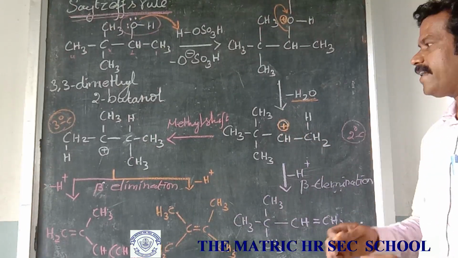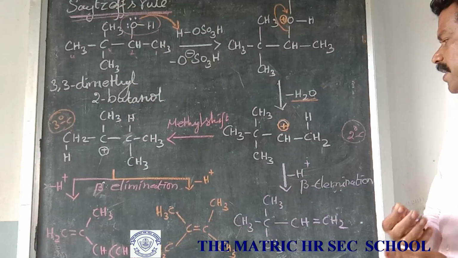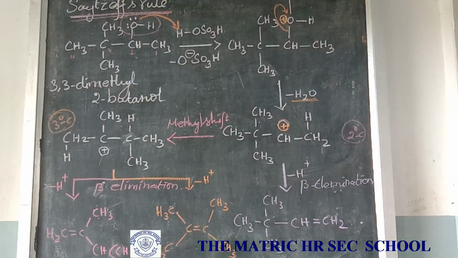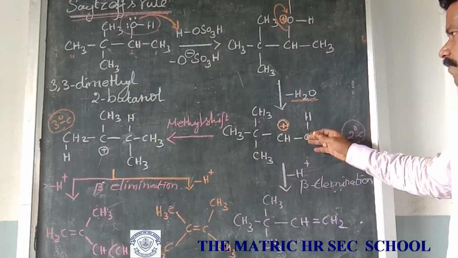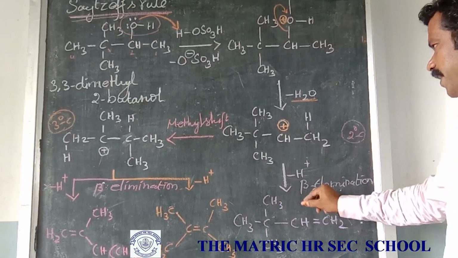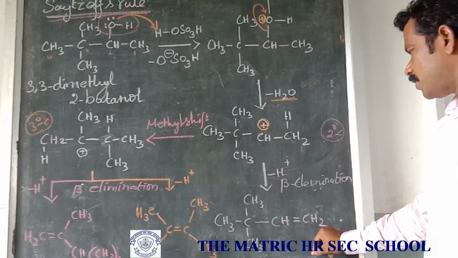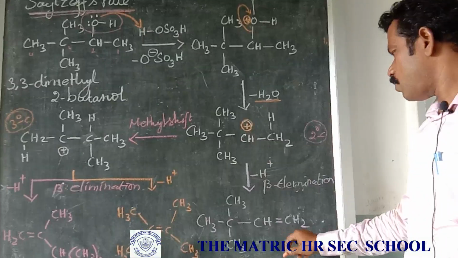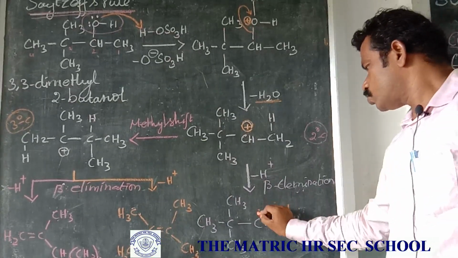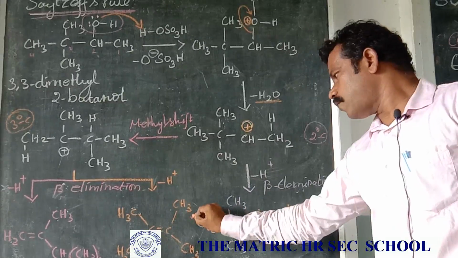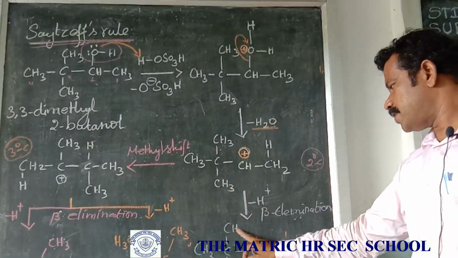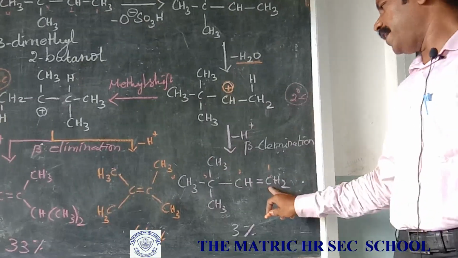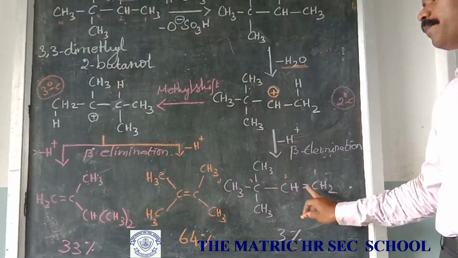Okay, you will get different types of olefins and different stages of stability of the compounds. Okay, so I will explain one by one. First I will take which compound is formed. What is this compound? 1, 2, 3, 4. So on the third carbon, 3,3-dimethyl but-1-ene. That is the 3,3-dimethyl but-1-ene.